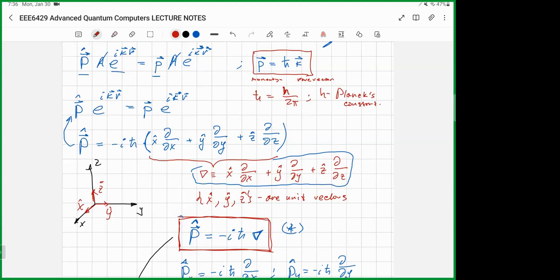So basically, we have the other two postulates and a couple of examples. So we will analyze this next time, and also I will try to come up with some